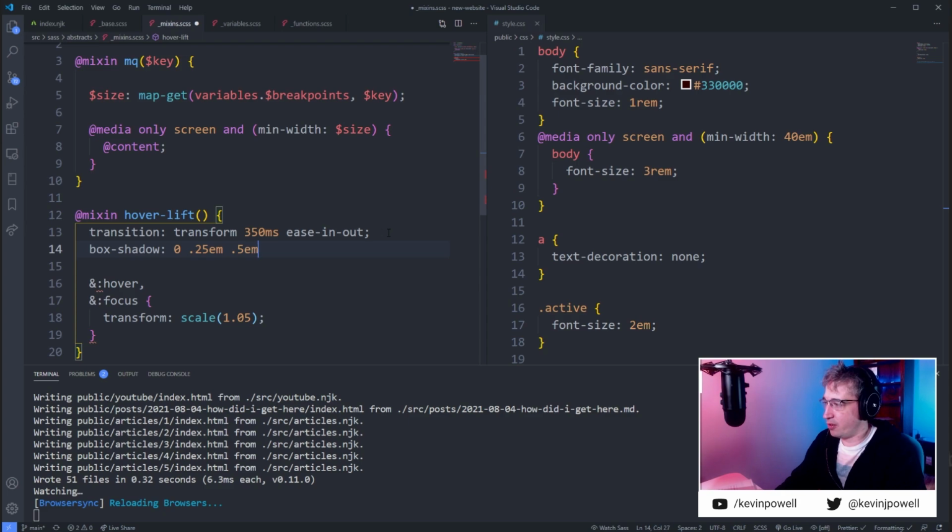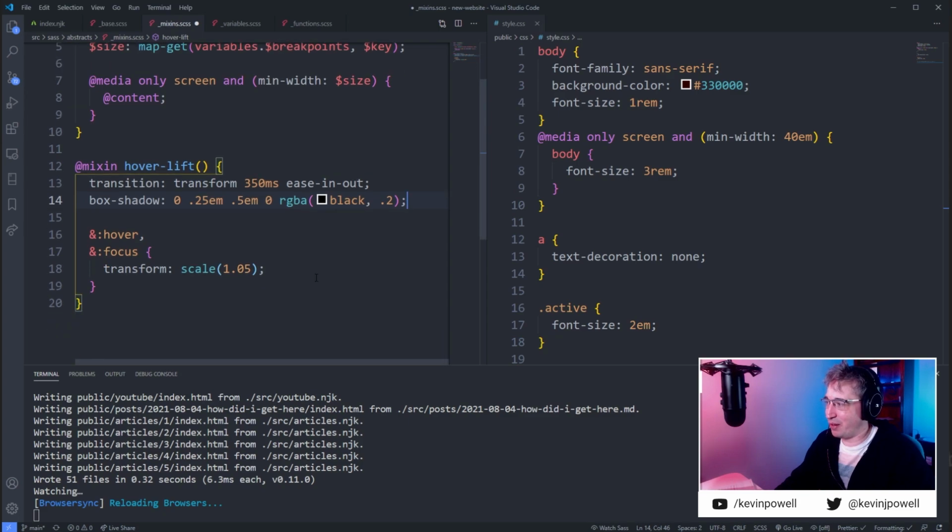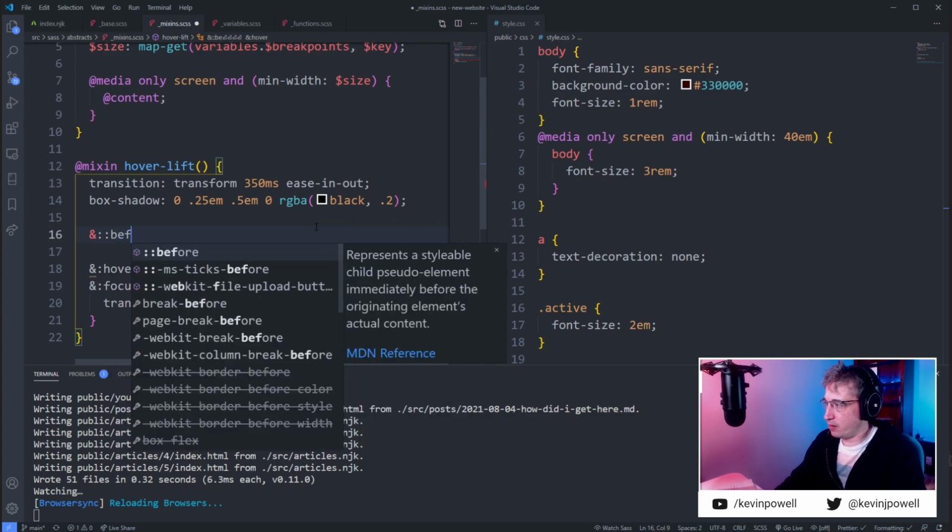0.5 em for the blur. So a smallish blur, 0 offset, and an RGBA of black 0.2. Nice thing with Sass, you can do that and it will output the RGBA value for you. One of my favorite things, one of my favorite Sass functions. And then I would come in with an ampersand, oops, and before